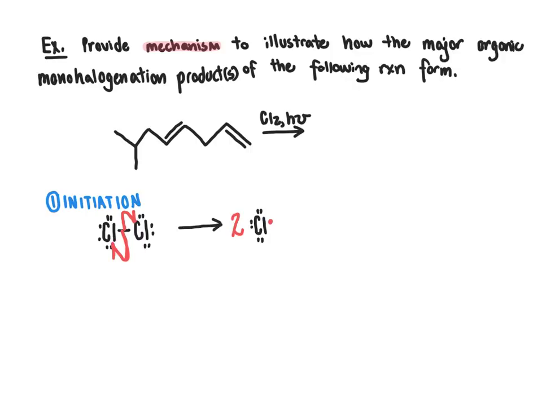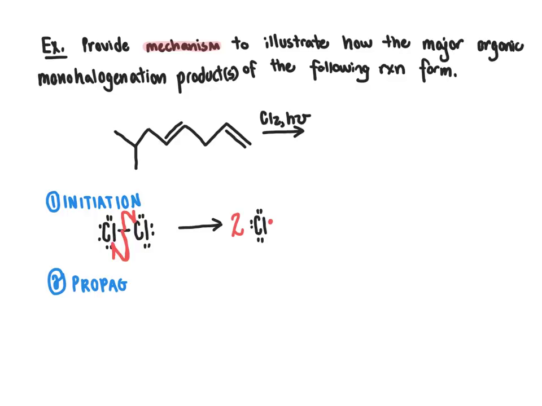Once those chlorine radicals form in this so-called initiation step, the reaction is totally off to the races. This initiation step only has to happen one time in the entire container in theory. Then what happens is we go into a phase of the reaction referred to as propagation. The propagation steps are referred to as propagation steps because they are self-sustaining, so they can just repeat through and cycle through the propagation steps over and over again, because what we're going to see is that some of the